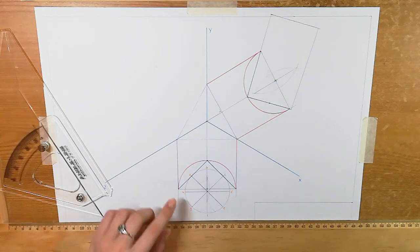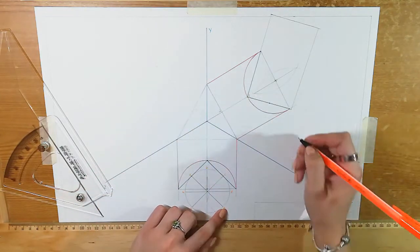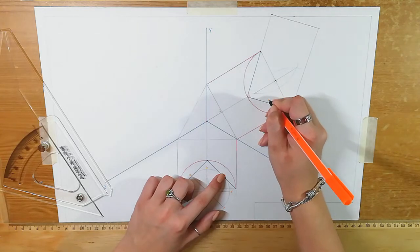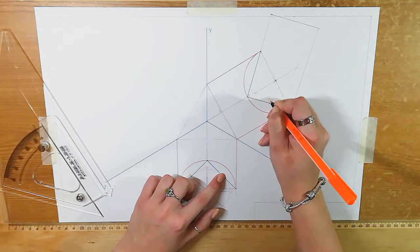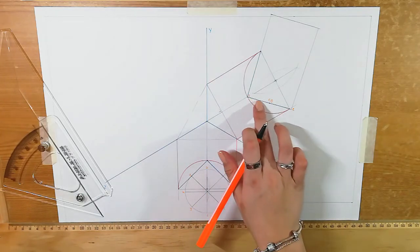So now we know that A is going to be here. We know that E is going to be here. G and C will be here. C and G. And then we need to find out where B and D is going to be on here